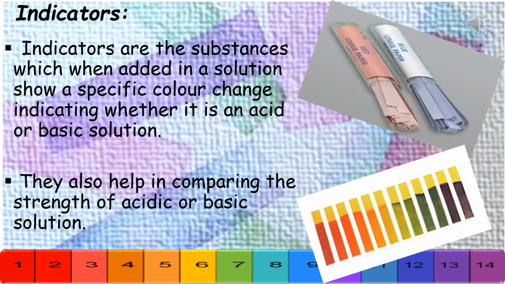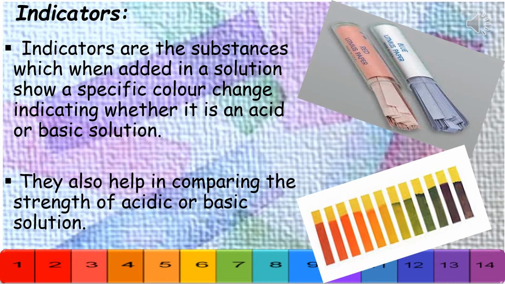Till now we talked about acids and bases. Now we'll talk about indicators, which is nothing but a dye that changes color when it is put into an acid or a base. Basically, an indicator gives different colors in acid and base. Thus, an indicator tells us whether the substance we are testing is an acid or a base by change in its color.